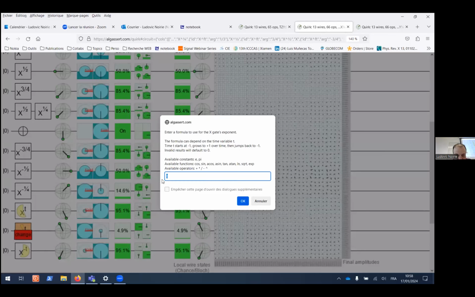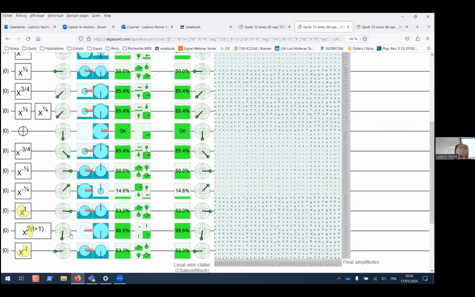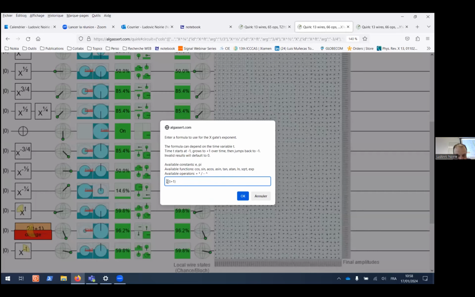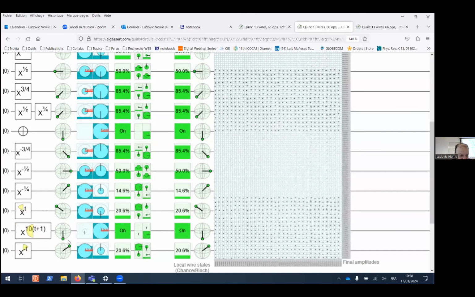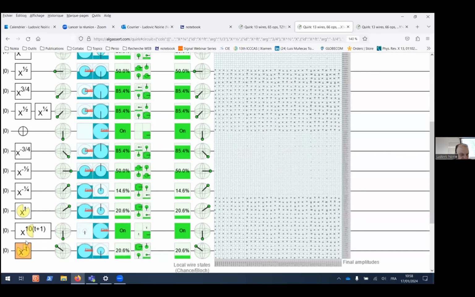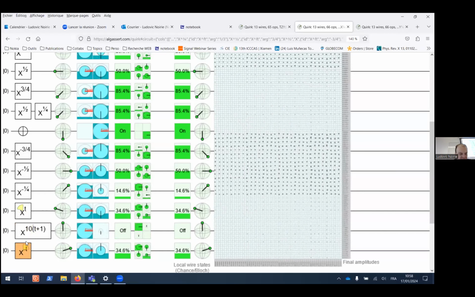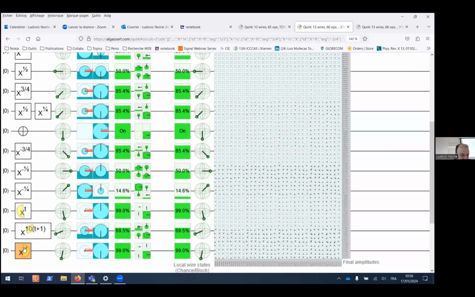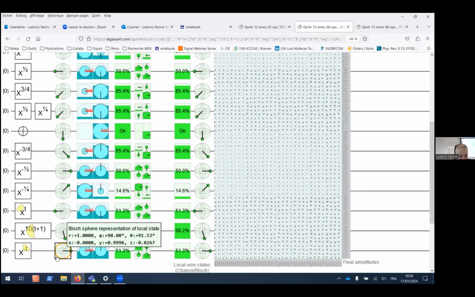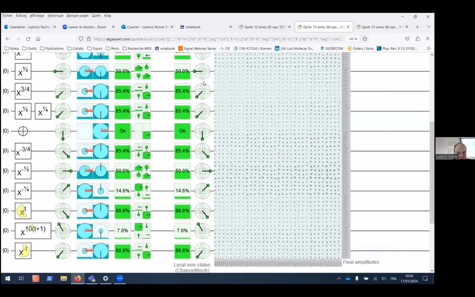Of course, you can also move faster. You can move twice as fast, so you see that this will move twice faster than this one, and you can go even faster just to check. You see that the qubit changes faster if you change the angle here. You can also move it in the reverse orientation. It is just the inverse of this matrix, X to the power minus t. And you see that the angle moves in the other direction.